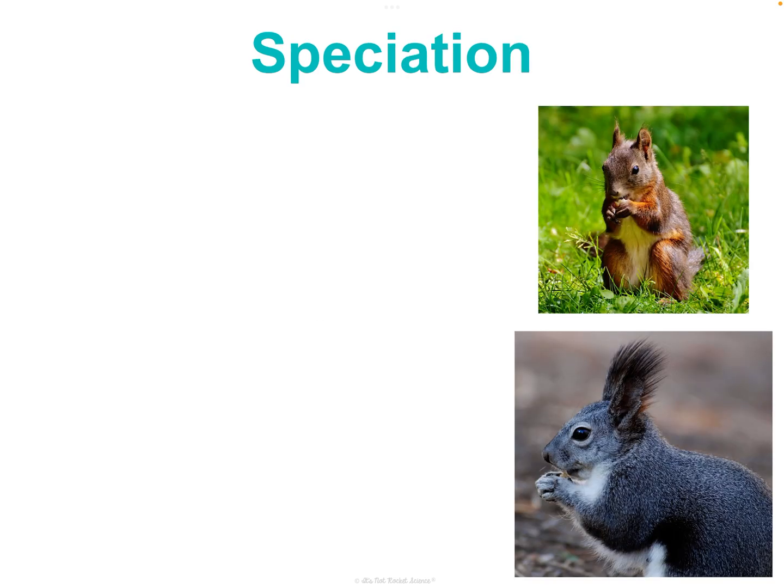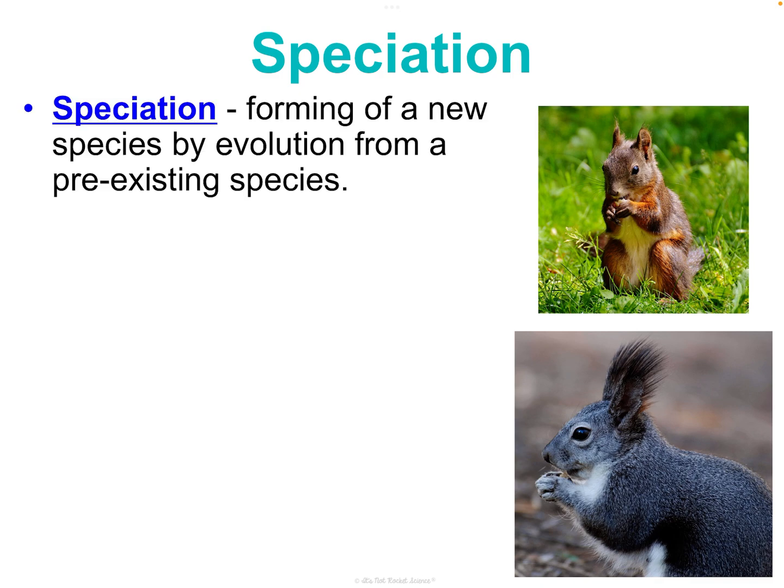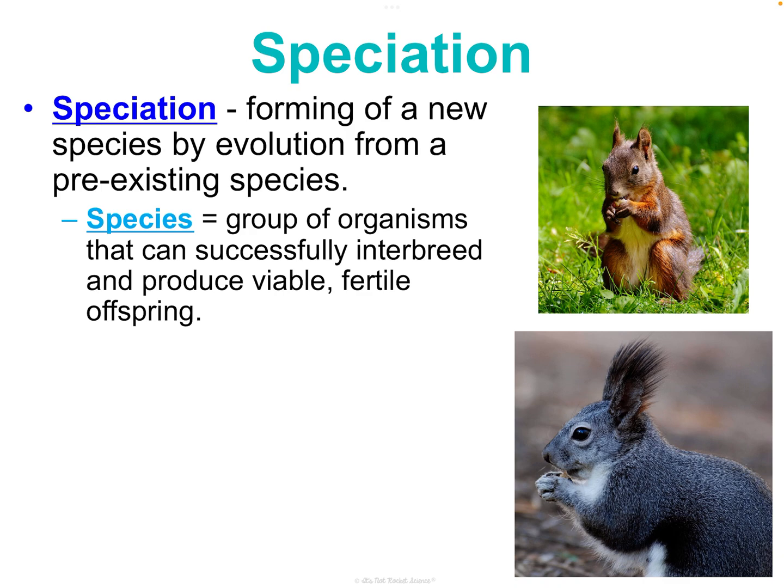So the first one we're going to talk about is something called speciation. In evolution, speciation is when a new species forms through evolution from a pre-existing species. But before we can talk about a new species forming, we want to know what a species actually is. And that's a group of organisms that can successively interbreed and produce viable, fertile offspring. You can't just have a baby be born. That baby then needs to be able to make babies of its own, and that's what distinguishes a species as